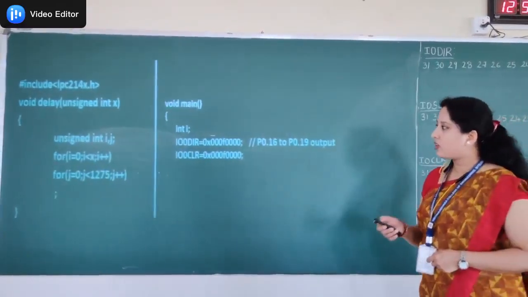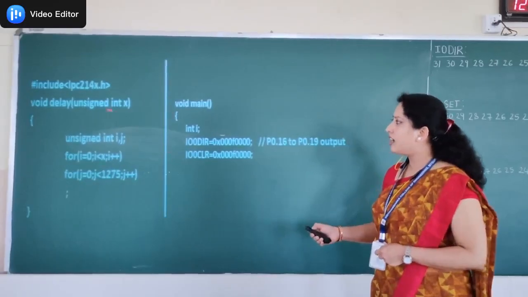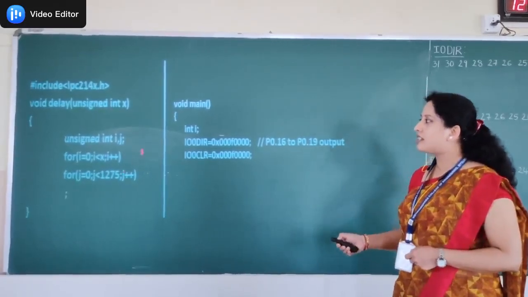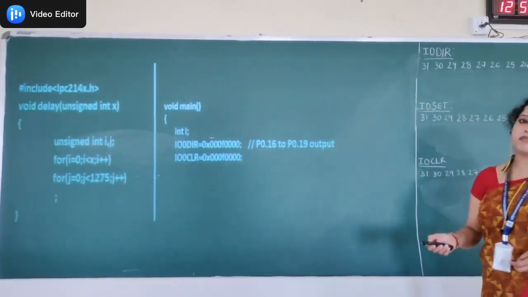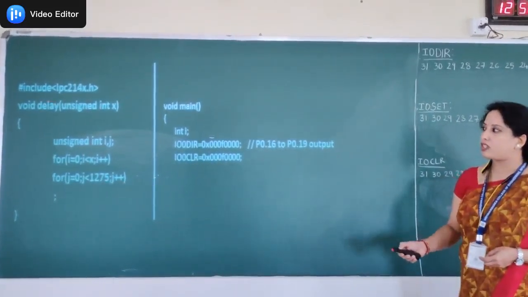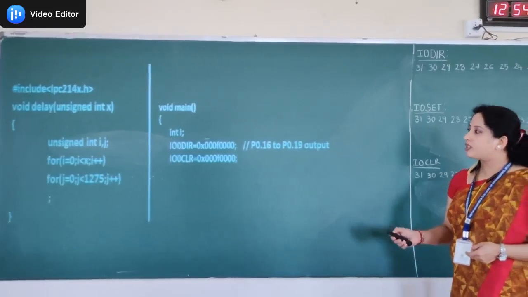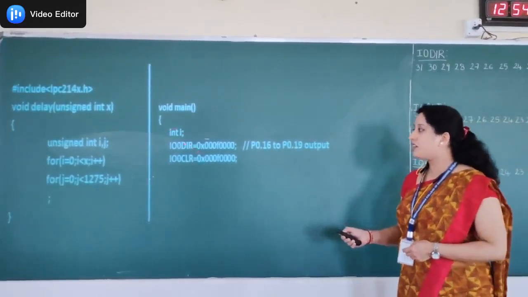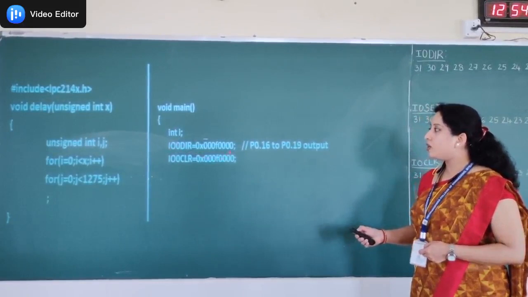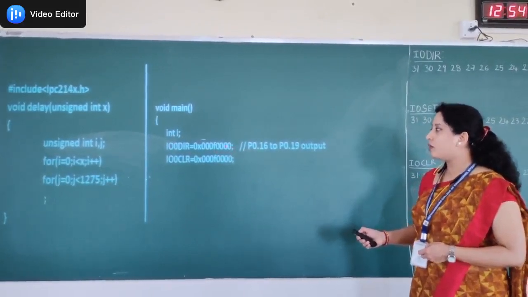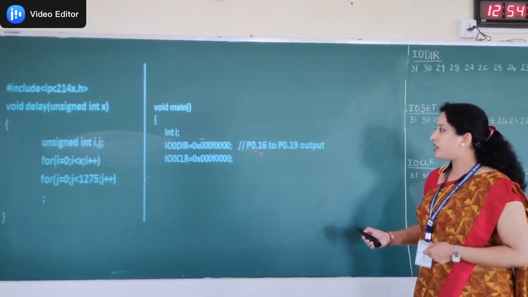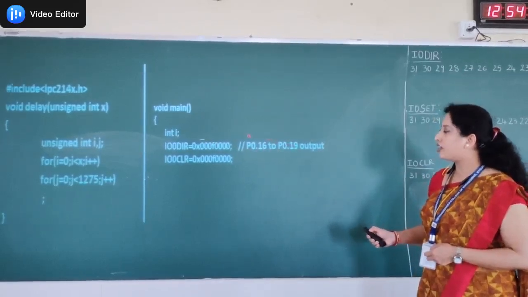So this is the program we have. Again, here we use a delay procedure so that we can notice the rotation of the motor. In all the Part B lab programs, the same delay procedure is used. In the main program, the first step is to make the pins which control the coils output pins. We know that pin numbers 16 to 19 are controlling those coils.